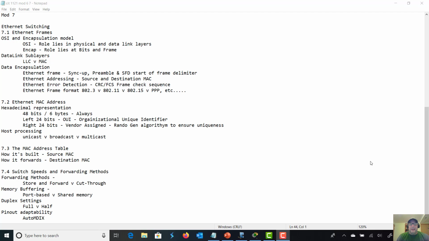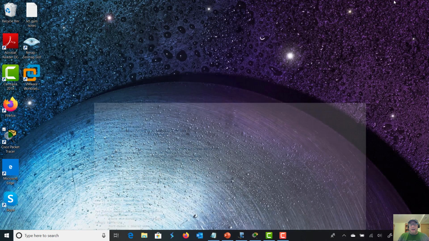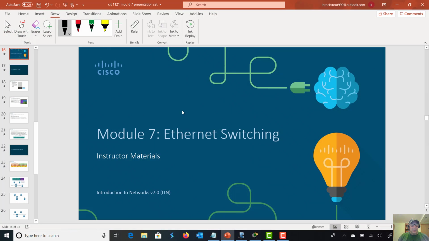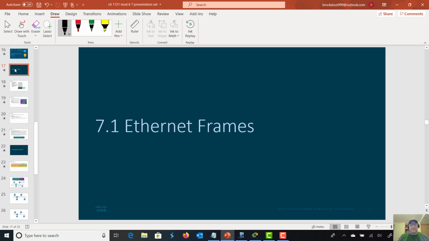Stuff that's in 1 here, we get the Ethernet frames. We're going to define what we've been talking about in Chapter 6 or Module 6 to a greater degree, but it's not too much different. In fact, you're going to see some of these slides and the diagrams look pretty much exactly the same. So let's take a look at that. What we've got here is Module 7 Ethernet switching, and the very first part of that, 7.1